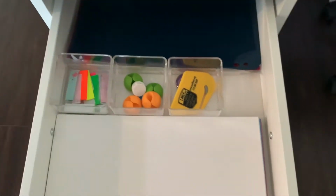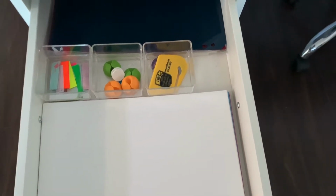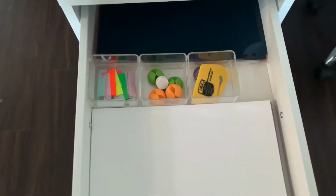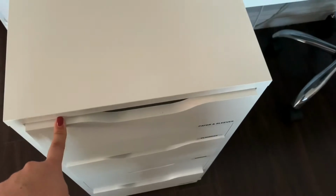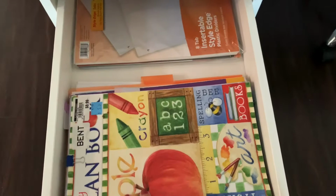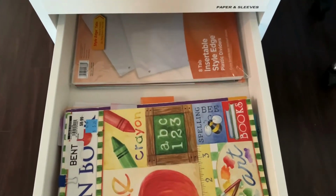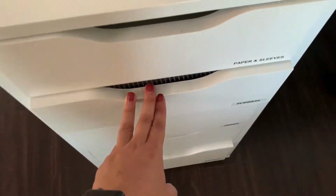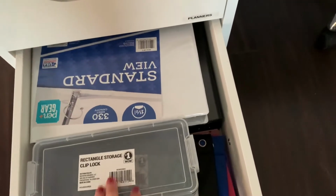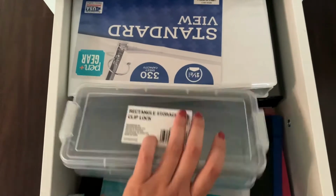In this drawer I have plastic sleeves and my cable holders, the flags, a letter opener, and of course my cardstock. In the second drawer is where I keep some of my planners for my jobs and extra packets of dividers. In this drawer I like to keep all of my extra binders, extra pouches, extra